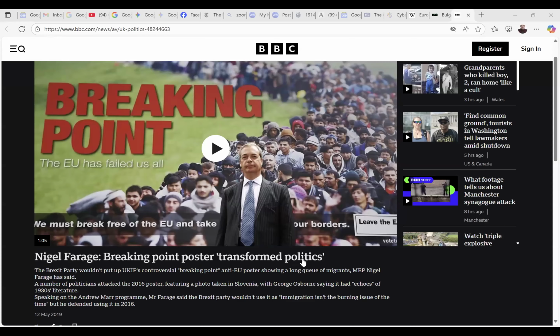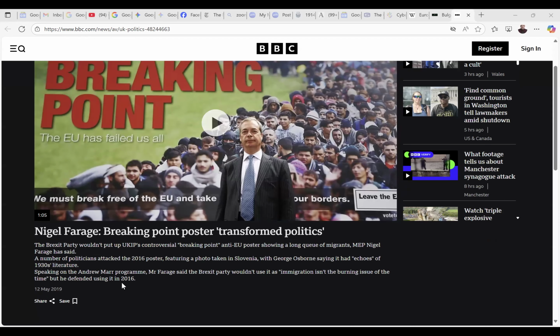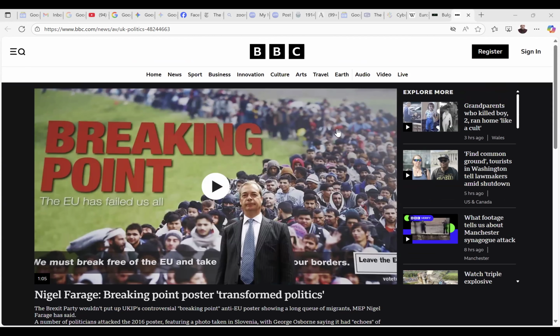So let me show you here. We stop share, go back to this, and you can see this BBC report from the British Broadcasting Corporation, from 6 years ago, so 2019, remembering Nigel Farage. There you can see him. And this was one of his propaganda posters during the Brexit campaign that was really effective in getting British people to vote in favor of leaving the European Union, because he convinced them that because the United Kingdom is in the European Union, it's making it easier for these Asians and Africans to ultimately get into the United Kingdom.